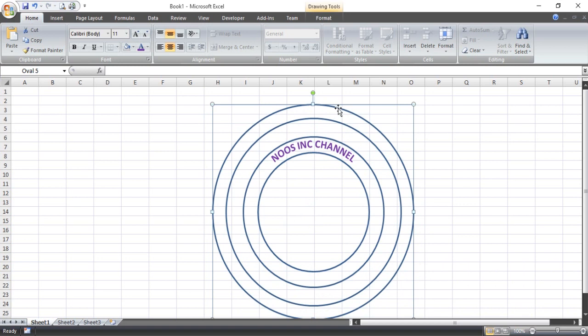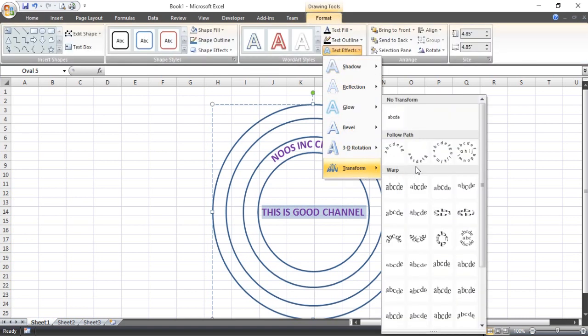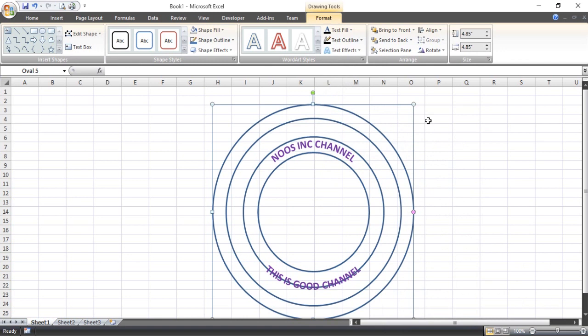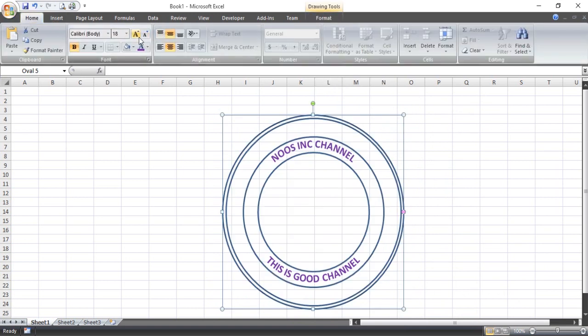Okay, let's edit the text in here. This is good channel. Let's block again and change the text to bold, and we can select format, text effect, and for transform we can choose this. Okay, now click Ctrl plus Shift and drag until you think the text is good. Okay, until the text position is good,